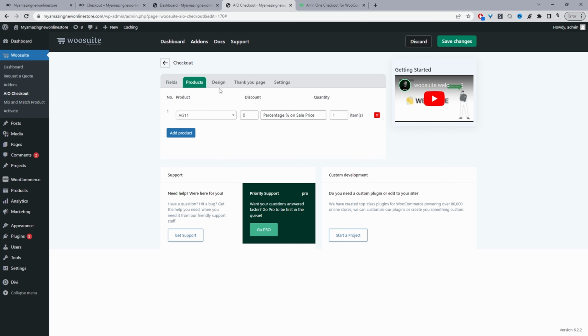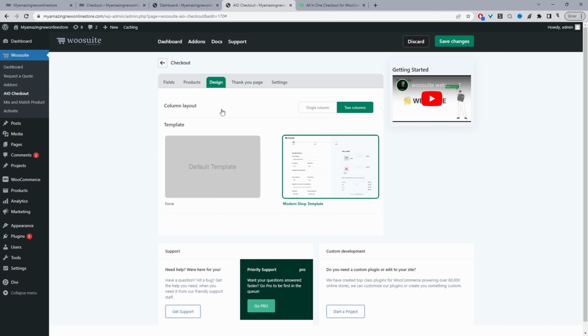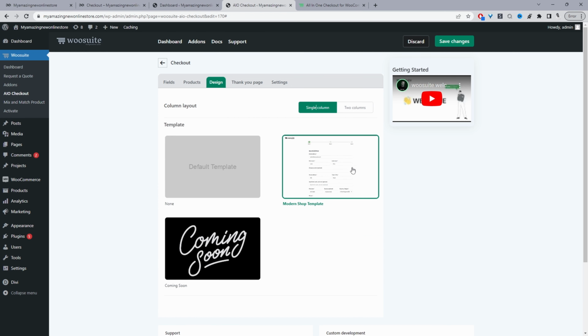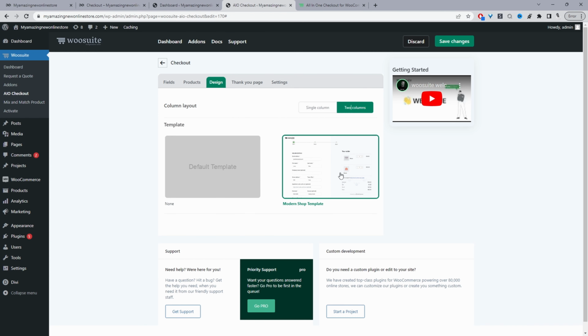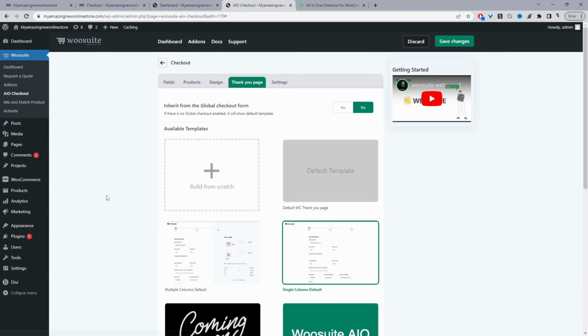Okay, so next we can move on to design. So this is our checkout design. So you can choose from our pre-made templates. So we can choose a single column and a 2-column layout, and there'll be more templates coming in the future as well. You can also use your theme default checkout page. In the future as well, you'll have the option to create a totally customizable checkout page as well, similar to our thank you page. So I'm going to select this 2-column layout here,